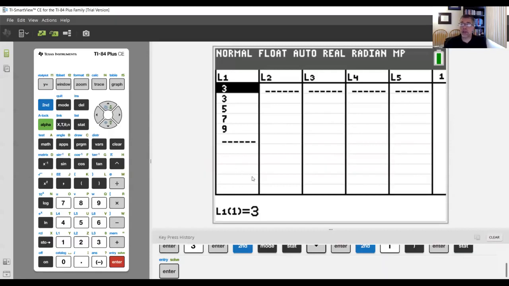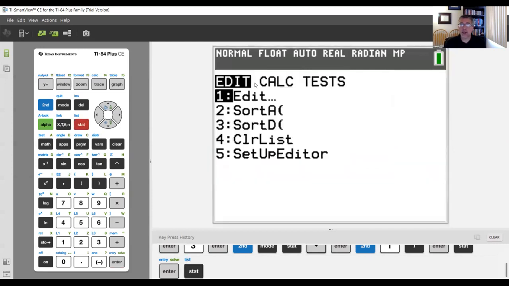Now, sometimes we would like to do some calculations with this. We may want to find the mean, the median, the mode, the range on certain values here in statistics. So the calculator will actually help us calculate that for us. So how do we do that? Well, we go back to the stats key. We hit stats, and we're going to hit calc. Okay, calc. We want to calculate some statistics.